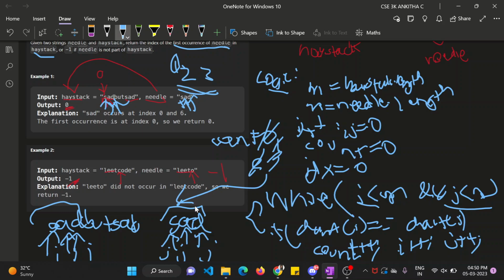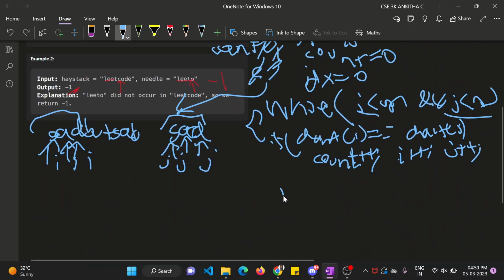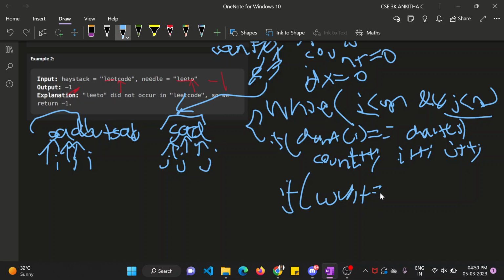So that means you have to stop the loop here itself, right? You need to find the first occurrence of the needle in the haystack. You need not go further. Since you found count matched characters in the haystack equal to the length of the needle, all the characters of the needle string are found in the haystack. So check the condition: if count equal to n, where n is the needle length, that means